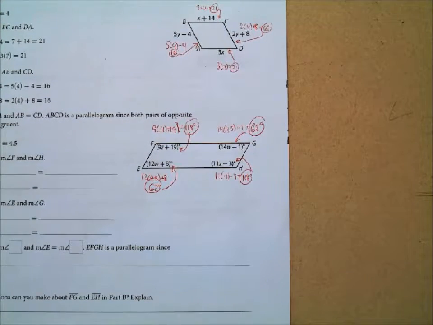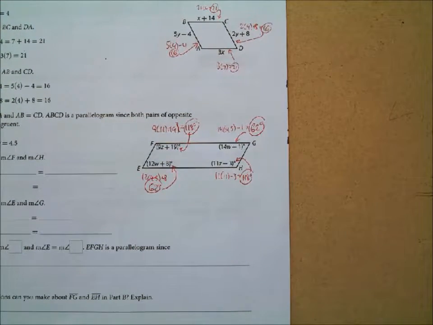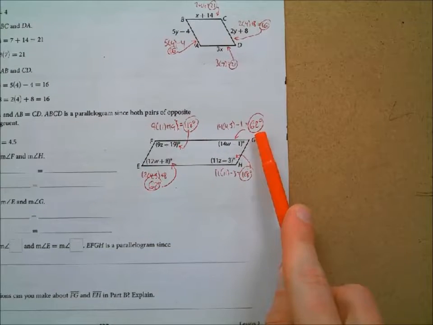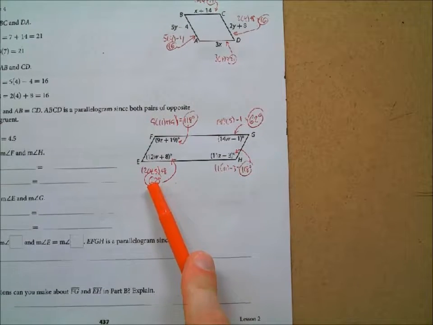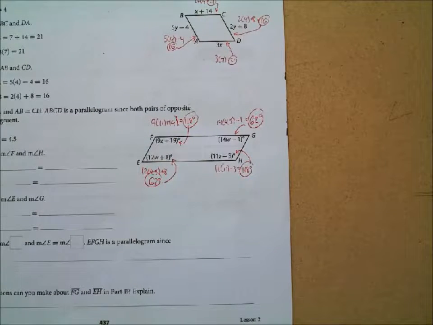And so then is this shape a parallelogram? Yes. Because opposite angles are congruent. Yep. Very good. Do you need to do both of those to prove that it's a parallelogram? Like, once we had this 62, was it necessary to have this 62? No, I mean like just one pair of angles. I think,